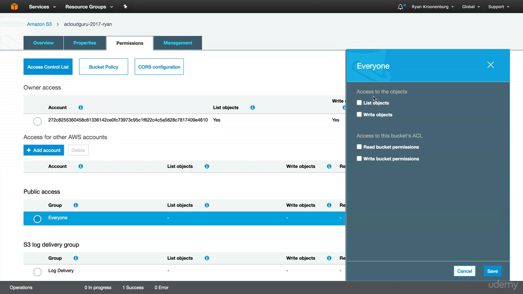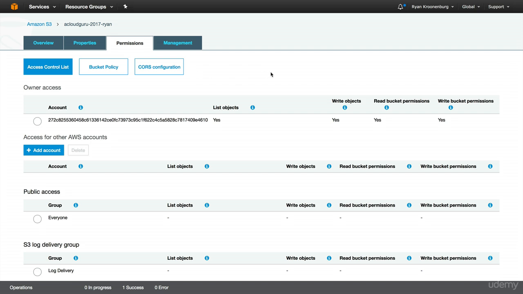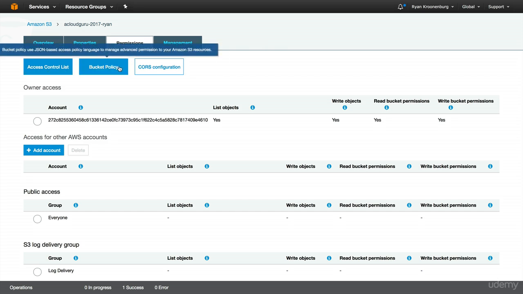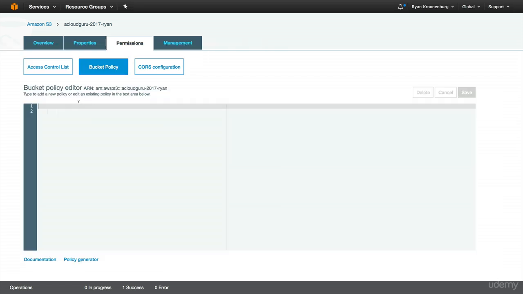Or you could give the ability to list objects within this bucket or write objects in this bucket. I'm not going to do that. I want to keep it locked down. And essentially, there's two ways to control access to your AWS buckets. We've got the access control list, or bucket ACLs, and then we also have bucket policies, and you can create